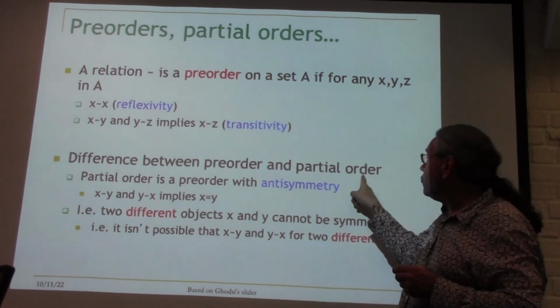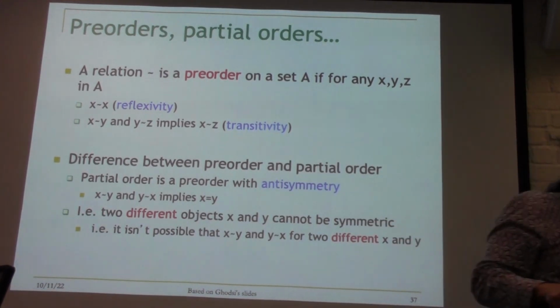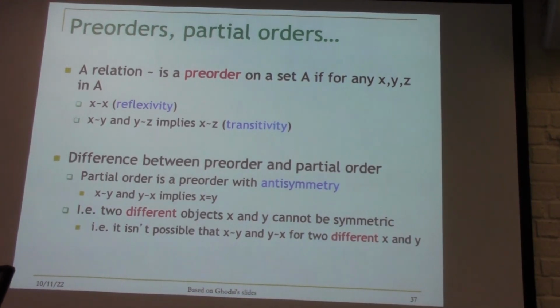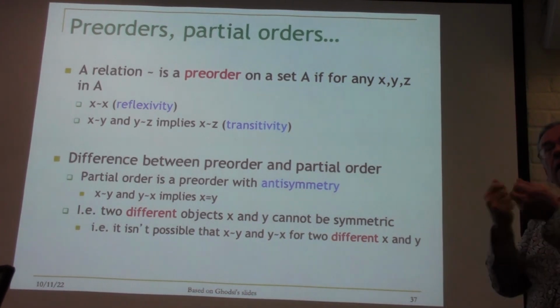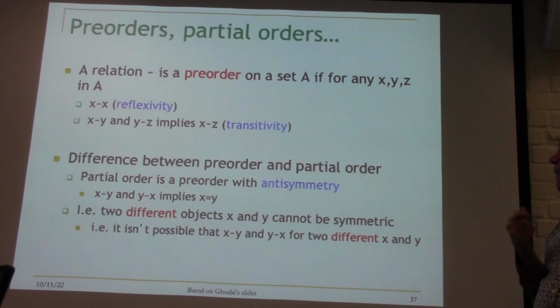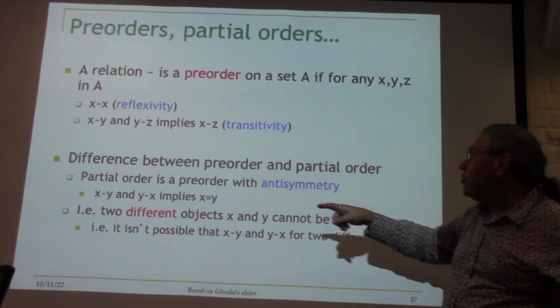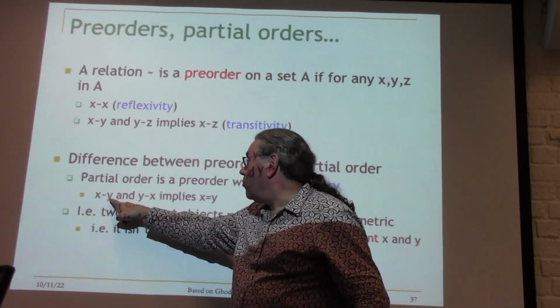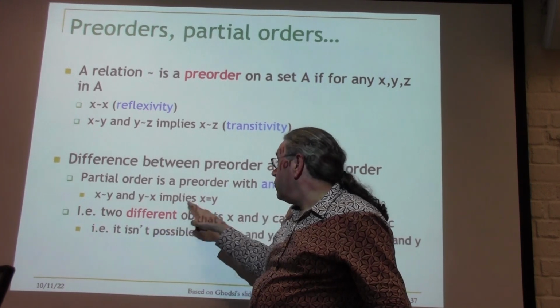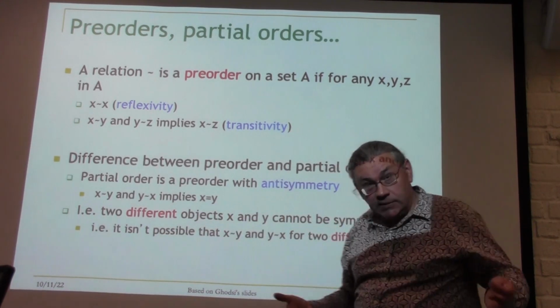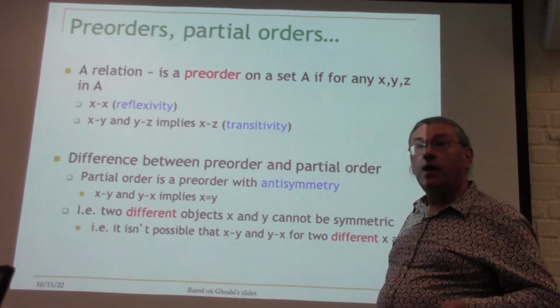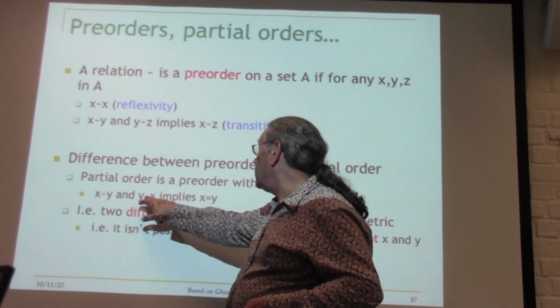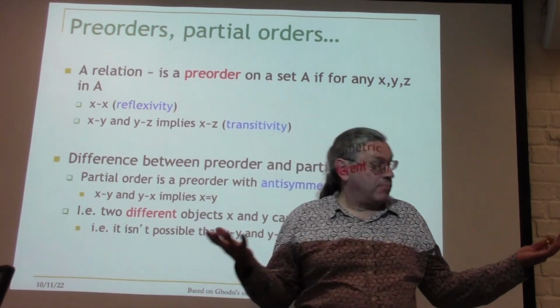But it's related to partial order. Remember a partial order? A partial order compares two things, but sometimes they're not comparable. Causality is a partial order, for example, the vector clocks or whatever. A partial order is a pre-order with something added. If I have x connected to y and y connected to x, in the partial order I know that x is going to be equal to y. If x happens before y and y happens before x, then x and y are the same event.